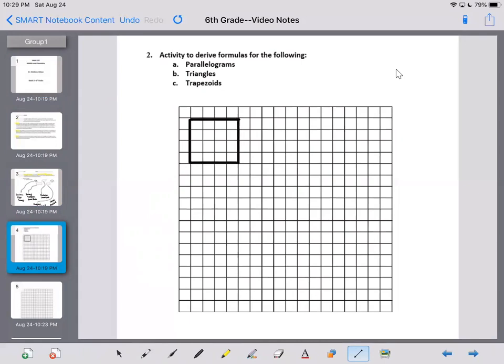Here we've got a 4 by 4. The area inside that, you're thinking about the unit squares inside there, and we would say that is 16 square units. For a parallelogram, to find that area, we would say the length times the width, 4 times 4. And we could do the same thing if we were looking at